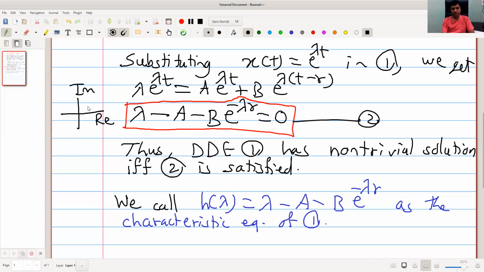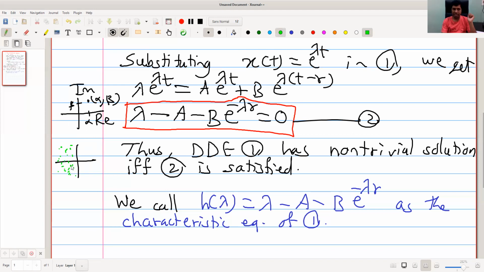If we have an eigenvalue alpha plus i beta, and I write this as the point (alpha, beta) in the R2 plane, then this must be alpha, this must be beta. So this point is identified as the complex number alpha plus i beta. Now real part negative means the position of the eigenvalue should be on the left hand side of the vertical axis, the imaginary axis.